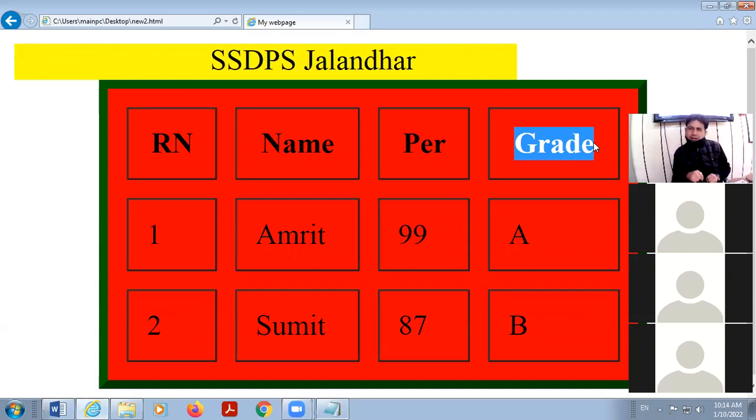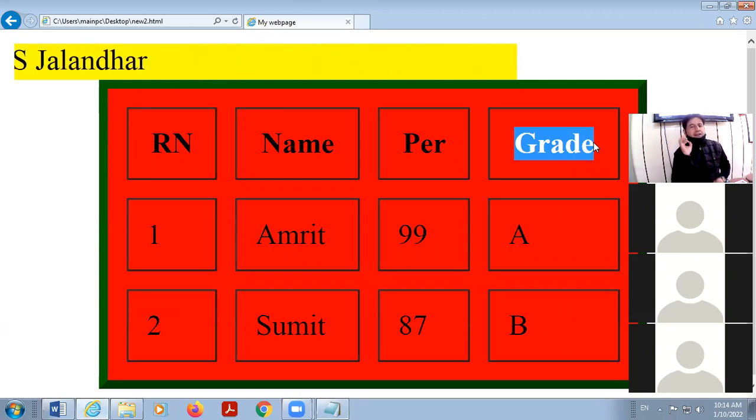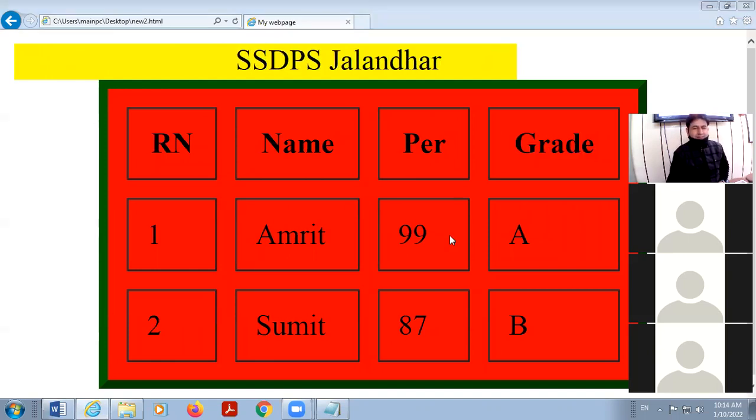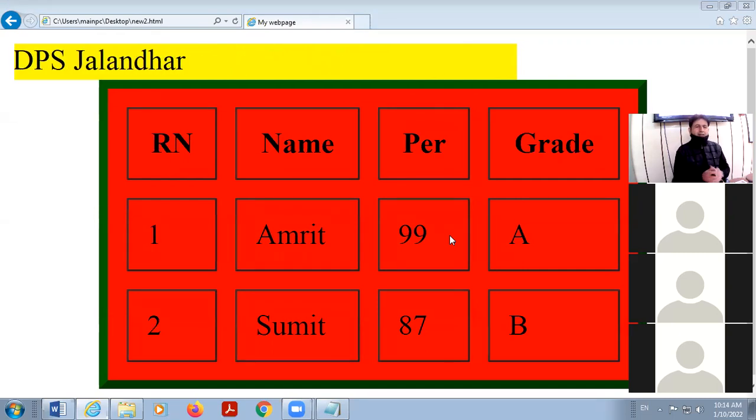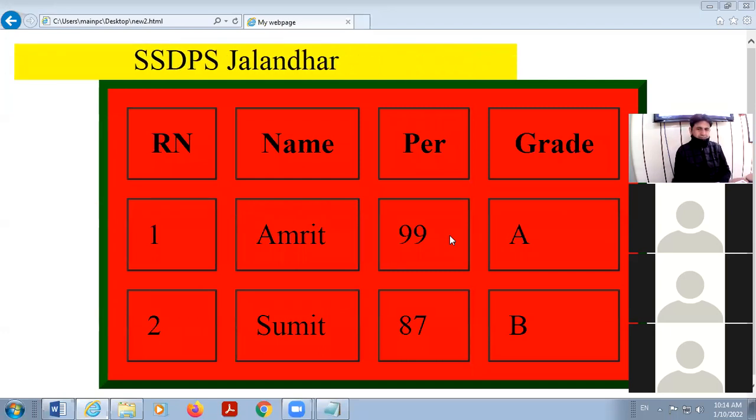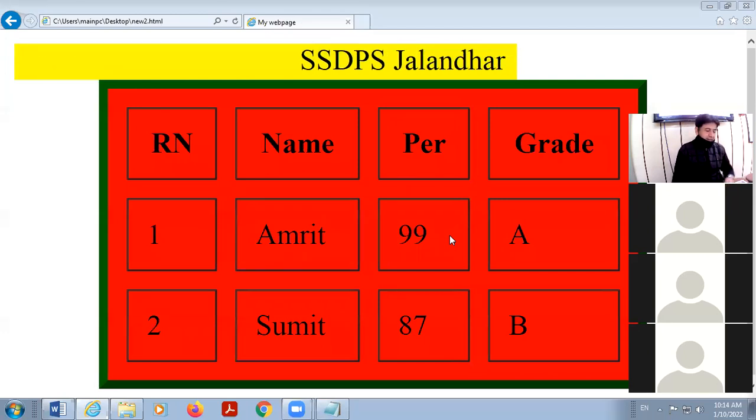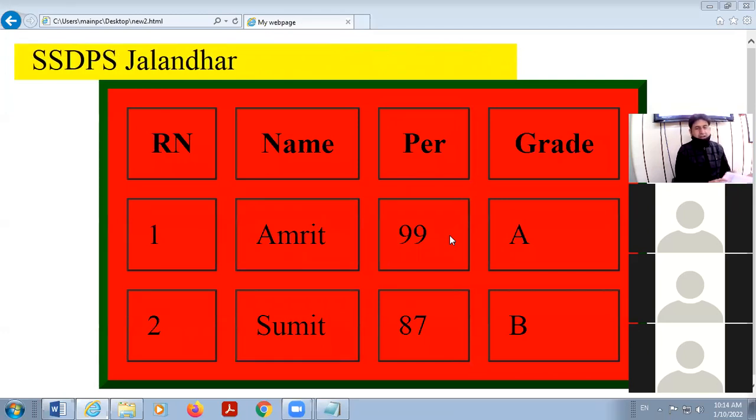But in place of TD, if you are using TH, the contents will be bold and center aligned. Anvi, clear? Yes, sir. Avni, any doubt in this? No, sir. Okay, so this is all about your chapter.